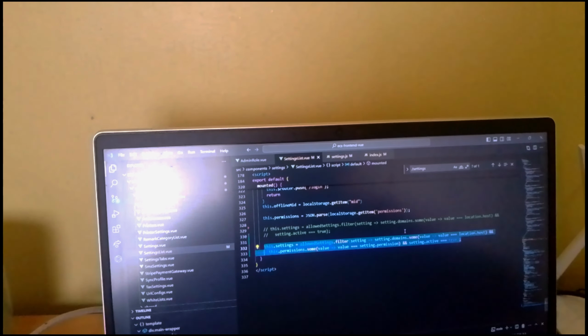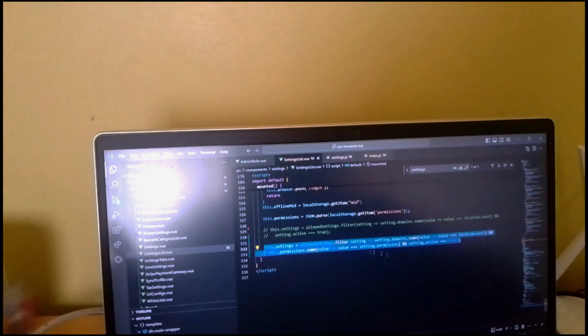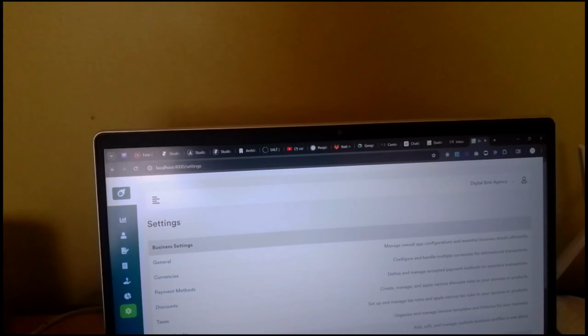I've reverted back to the original code for filtering out settings which are being displayed if you don't have a permission. So right now the settings that you can view are being dynamically rendered. Okay, so if you check here,